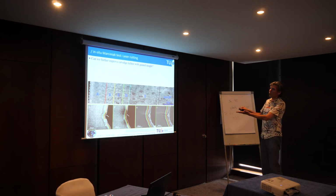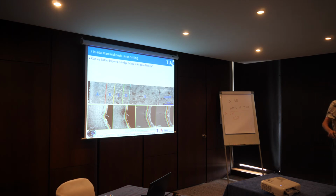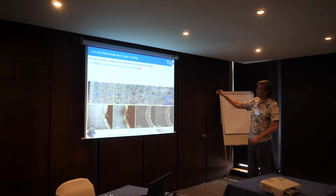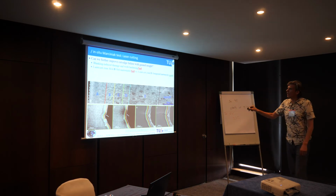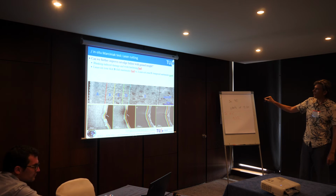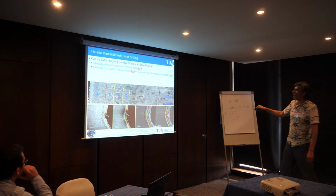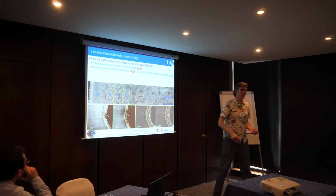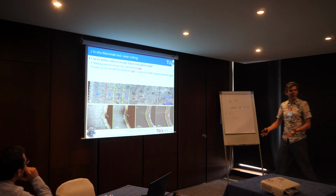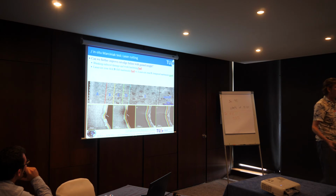So can we further improve cut edge failure with the gained insight? Well, we know that if you do blanking, then you induce damage. Work hardening, well, that's bad. We know that if you do laser cutting, you have these initial layers A and B, and that's also bad. But we like the tough layer here. And on the other hand, laser cutting is expensive. So it is being used in industry, but mostly blanking is being used much more